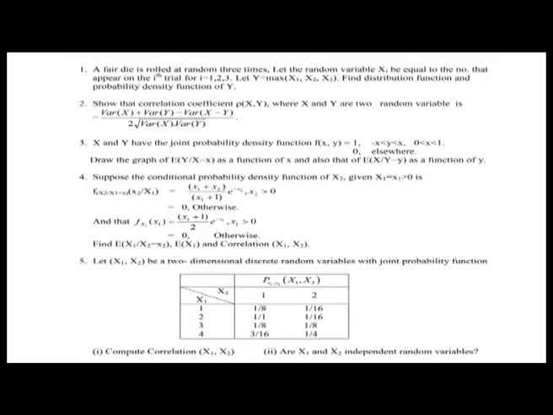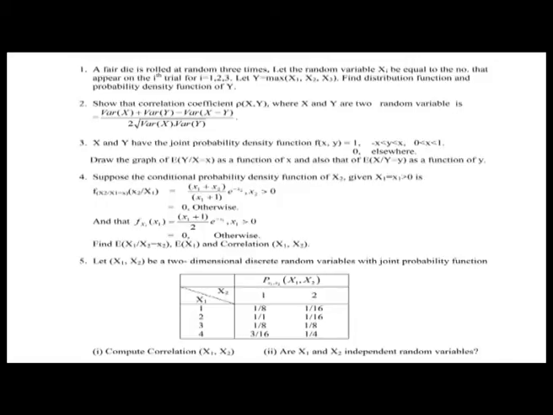And so, again I want you to find the expectation of X1 given X2 equal to x2, and then also find the expectation of X1 and the correlation of X1 and X2. Okay. So, you should be able to do it because you have all the tools. Okay. Question 5. X1, X2 be a two dimensional discrete random variable,